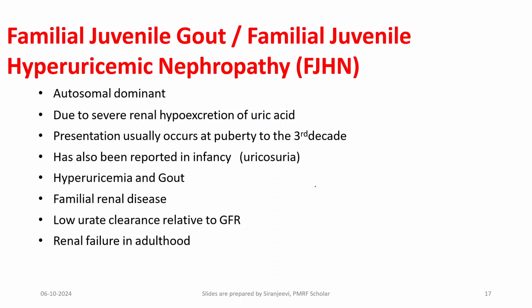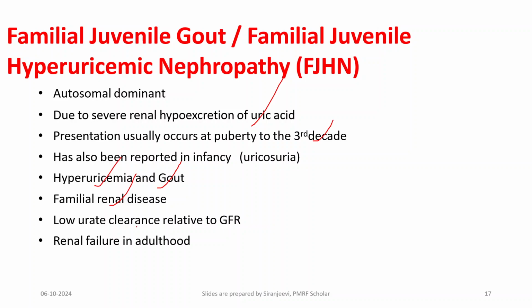And there is one more type of gout called familial juvenile gout, or familial juvenile hyperuricemic nephropathy. This is an autosomal dominant disorder, and this occurs due to the severe renal hyperexcretion of the uric acid. And this presentation usually occurs at puberty or in the third decade, and has also been reported in infancy. That is uricosuria, and then hyperuricemia is seen, and then the gout is also seen, and then the familial renal